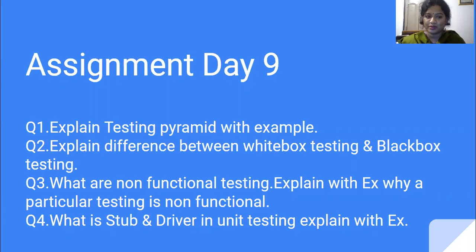So coming to the first question, that is our testing pyramid. What the testing pyramid basically does is it defines the way we are using different testing strategies. The testing strategy at the bottom of the pyramid means that as we go from the bottom to the top, the number of tests decreases. That is, the more importance we give to the bottom one, the fewer tests we'll have to do